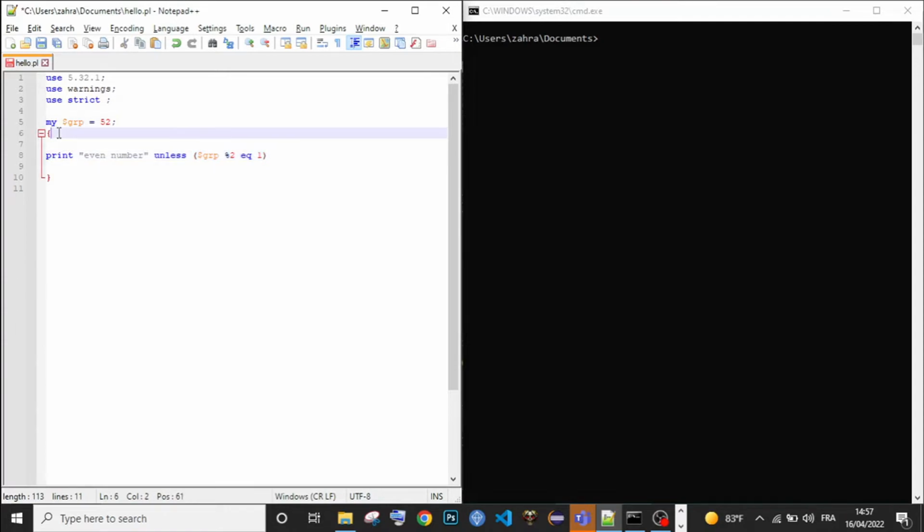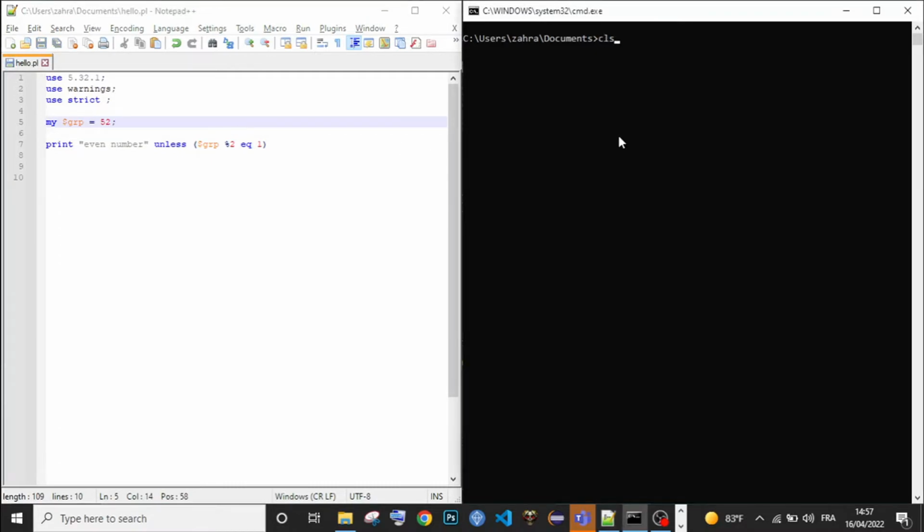Remove these brackets because they are no longer necessary. Then let's test it. So it works. It will print even number unless the condition is an odd number. Unless the scalar is an odd number, it's going to be an even number.